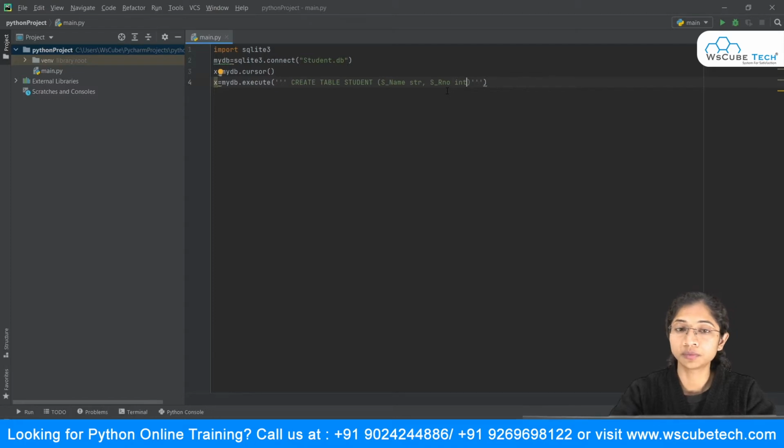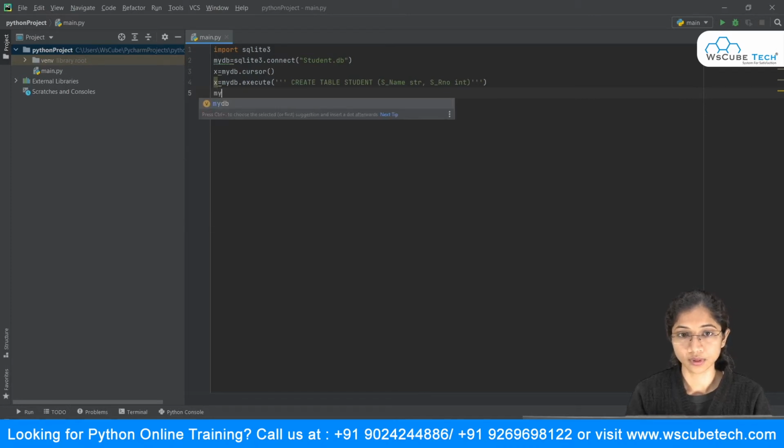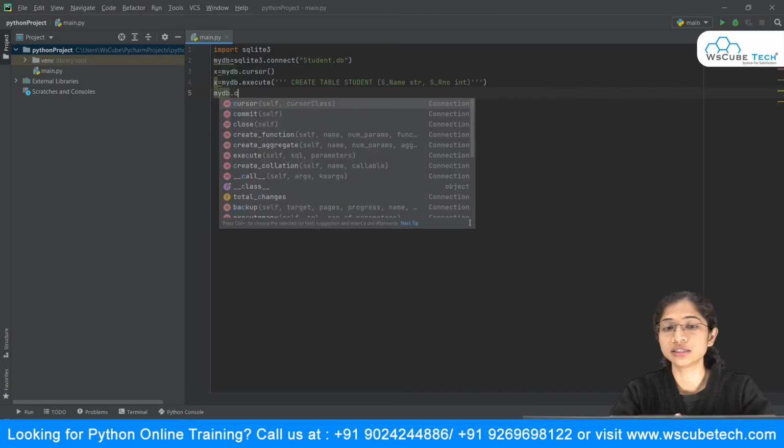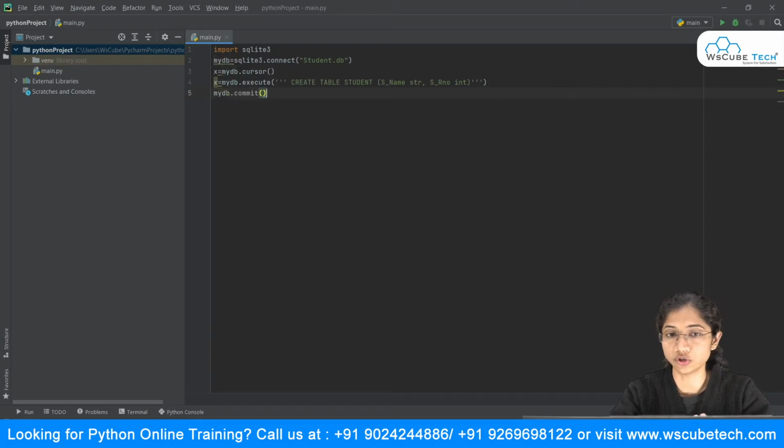And the next thing I want to do is, whatever changes I've made over here, I want to make sure that those changes are saved. So I'm going to make use of this commit method in order to save the changes into my database. I will say db dot commit, and this simply saves all the changes that I have made into my database. And the last and final step that I want to do is just close my connection. So I will simply say close.